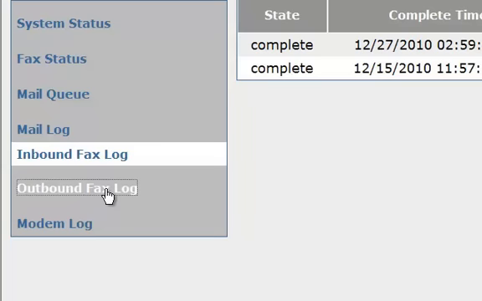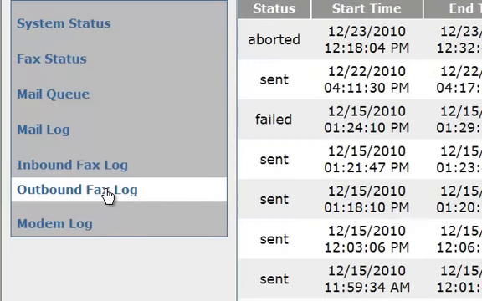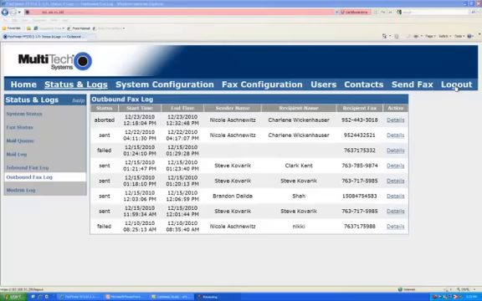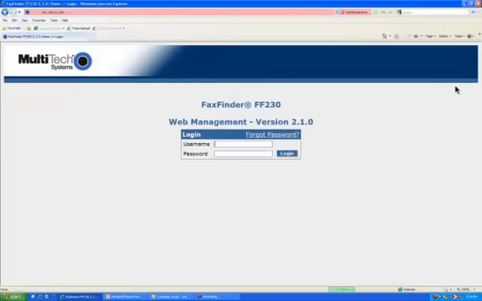And then we also have an outbound fax log, so you'd be able to see if any outbound faxes were sent or failed, the date and time, who sent it, who they sent it to, and the fax number that it went to. Now I'm going to log out as the administrator